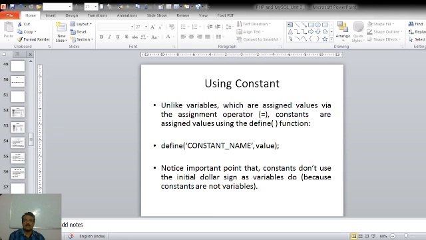The variable, the name itself says that it varies, whereas the constant, the name itself says that it is constant, its value cannot be changed, and that is why constants don't use the initial $ sign as our normal variables do.